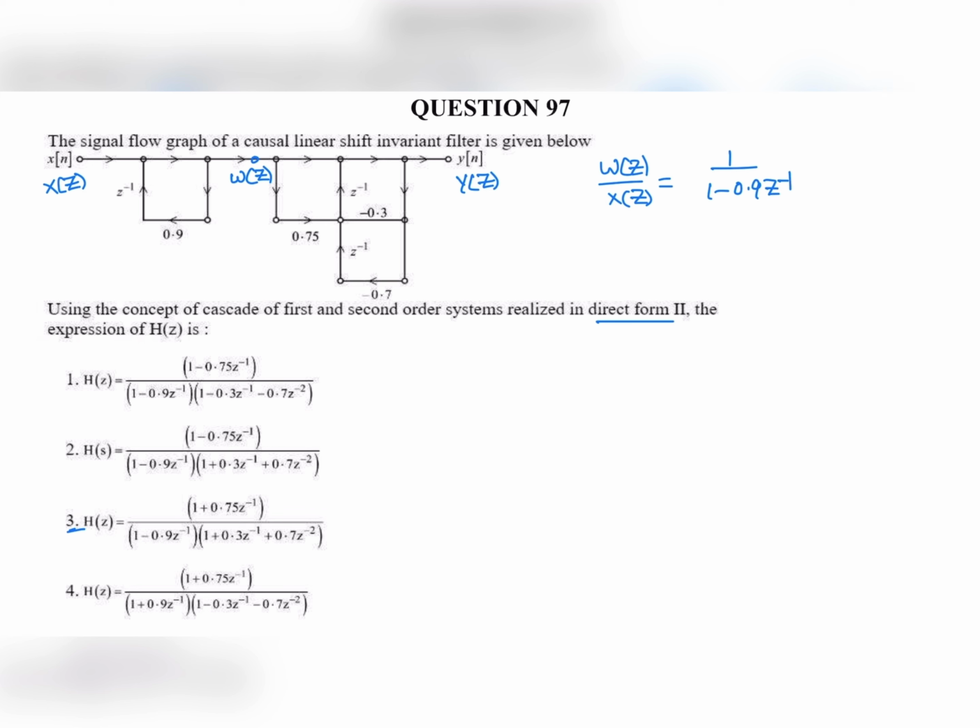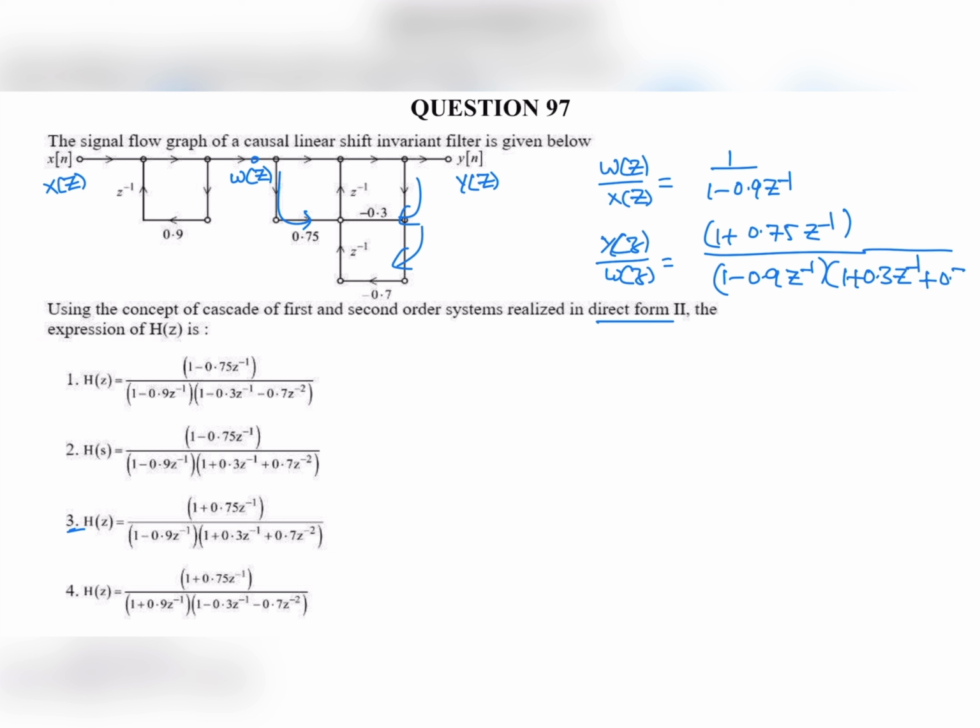So now y of z by w of z is given as 1 plus 0.75. This is the forward path numerator. These two backward paths come in the denominator: 1 plus 0.5 z inverse by 1 minus 0.9 z inverse, 1 plus 0.3 z inverse plus 0.7 z power